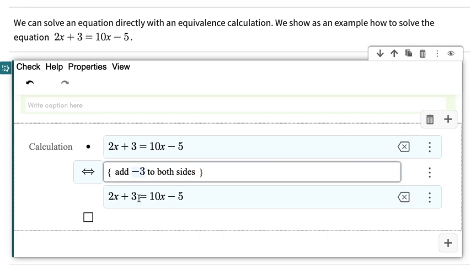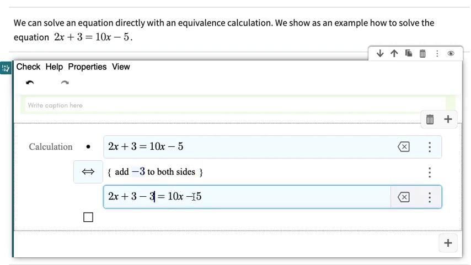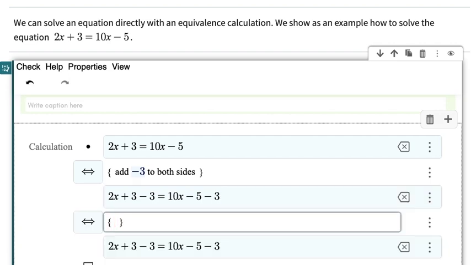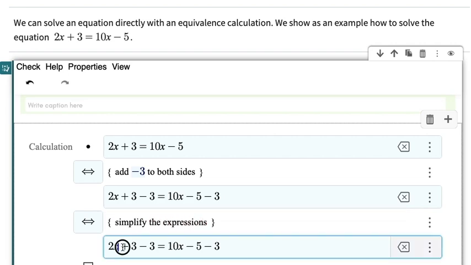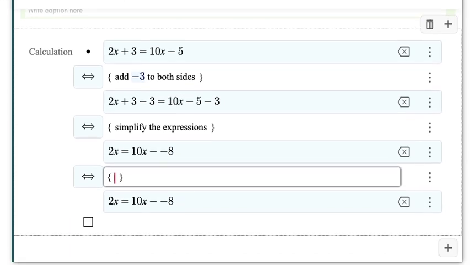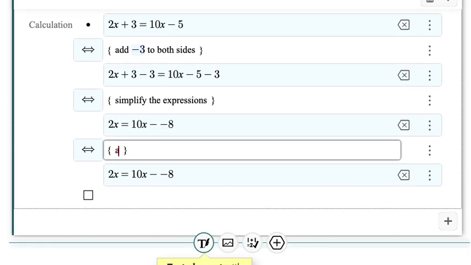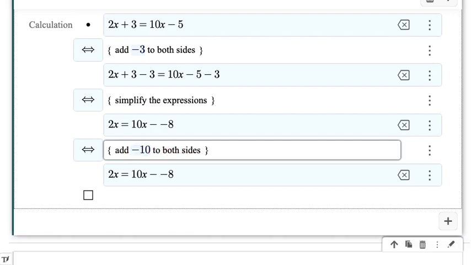So that gives us 3 minus 3, and here minus 3. Then we simplify the expressions, and we see that on the left hand side we get 2x, and the right hand side we get minus 8. Notice that we have equivalence between these equations all the way. Next thing is to add minus 10 to both sides, minus 10x to both sides,